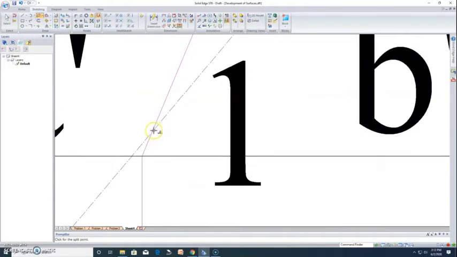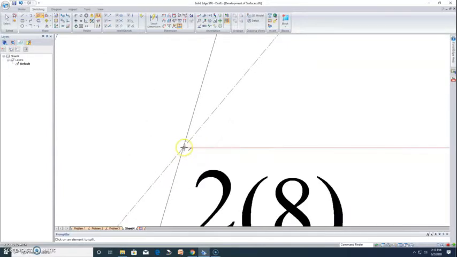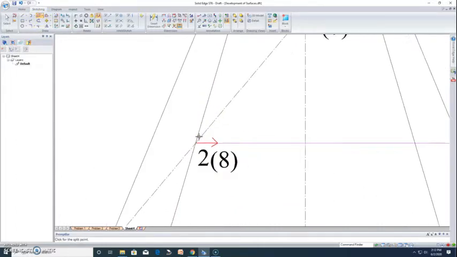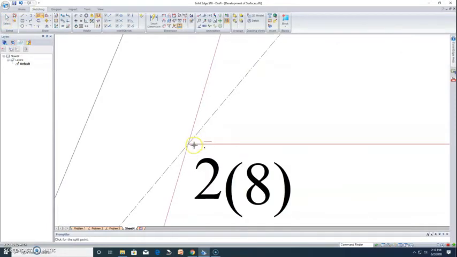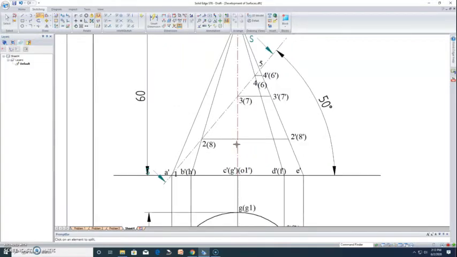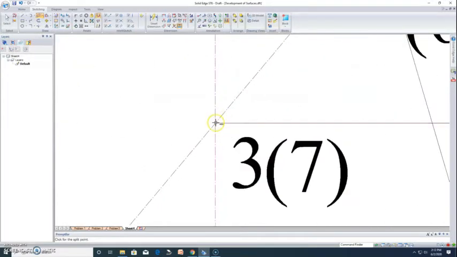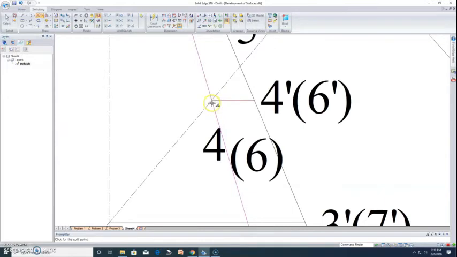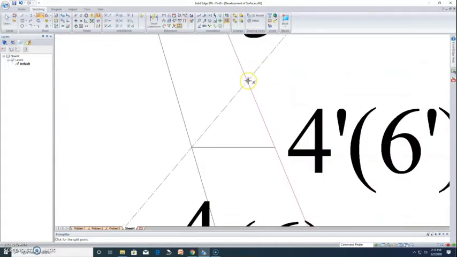I'll split this line about the intersection point here, this line about the intersection point here, this line about the intersection point here, this line about the intersection point here, and finally the last edge at the intersection point here.